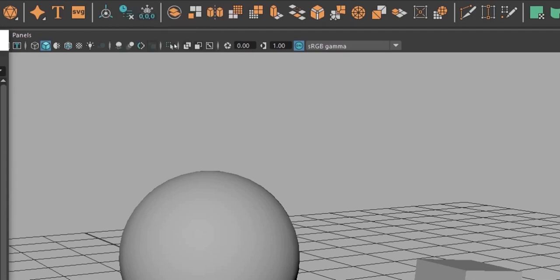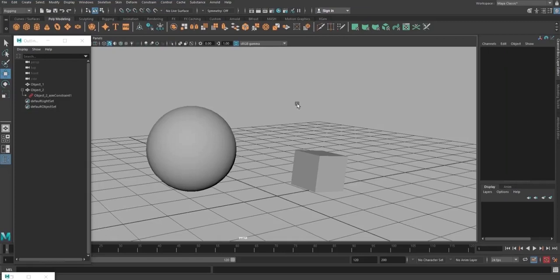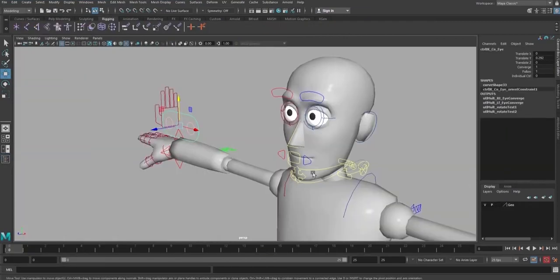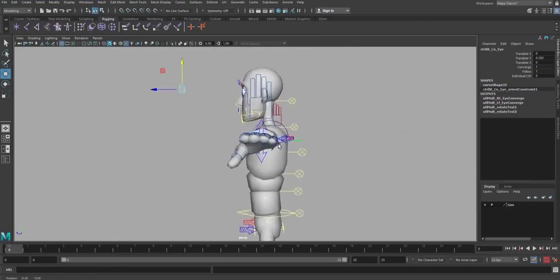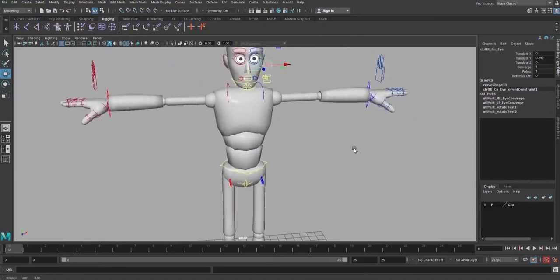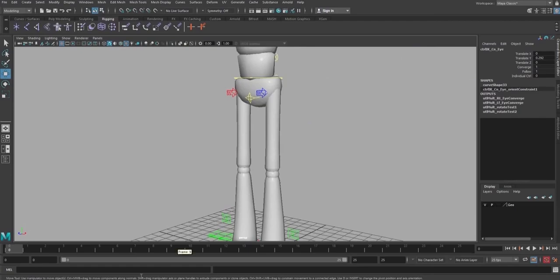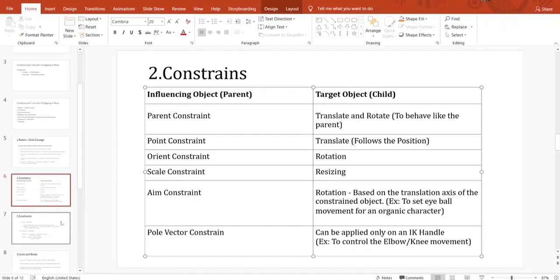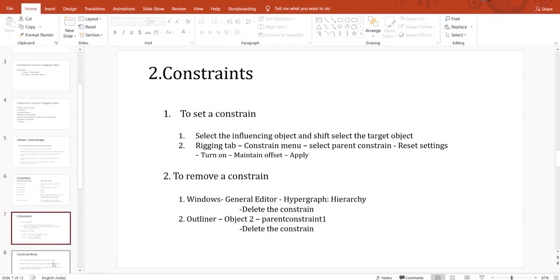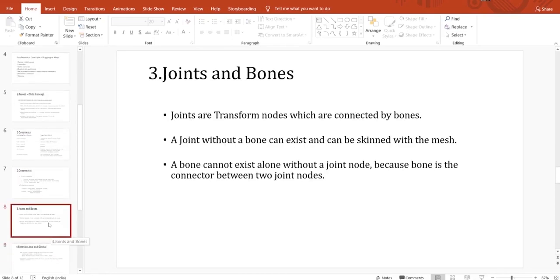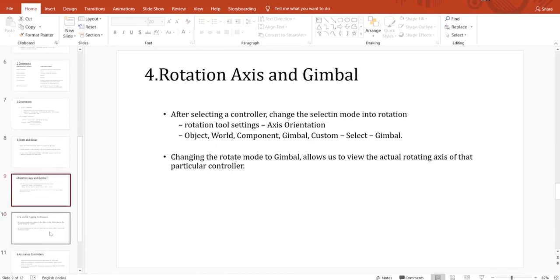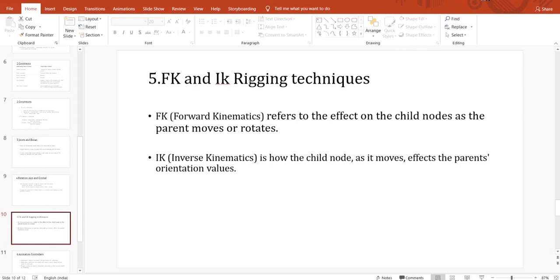Again I'm coming back to the human rig. There is something called IK handles. In your upcoming topics we are going to see joints and bones, rotation axis, IK and FK.